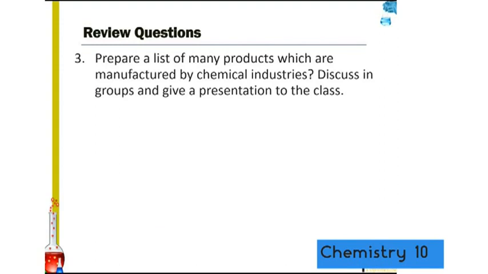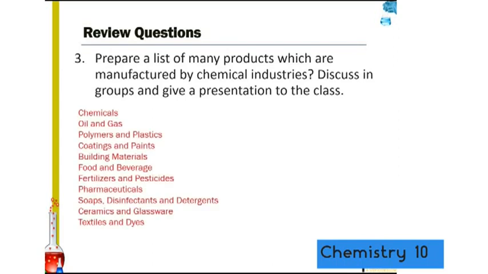Review question 3. Prepare a list of many products which are manufactured by chemical industries. Discuss in groups and give a presentation to the class. Some examples of products that are manufactured by chemical industries include other chemicals that are used in other industries, such